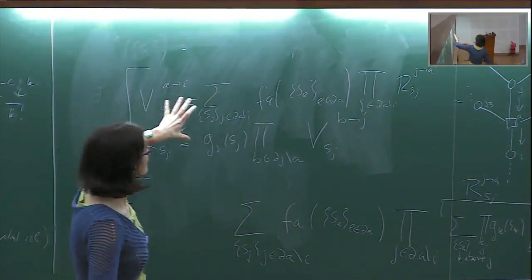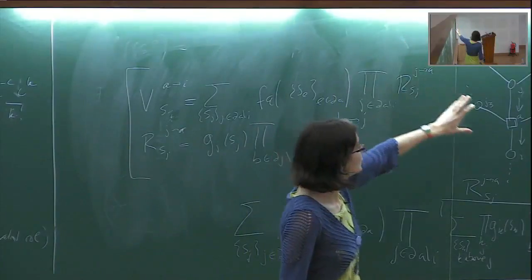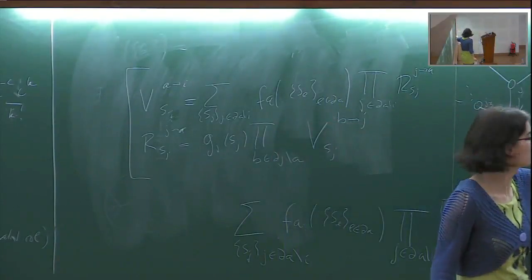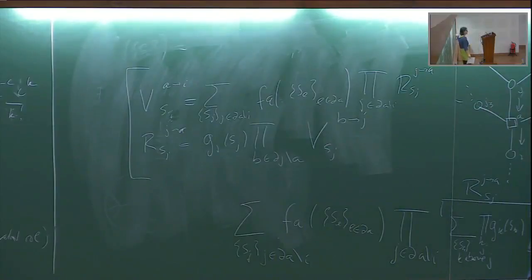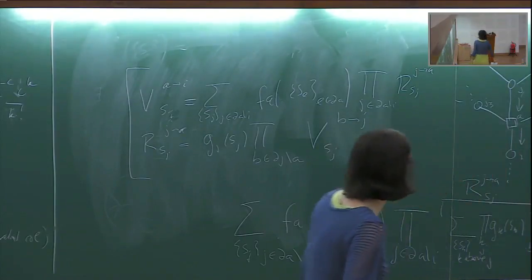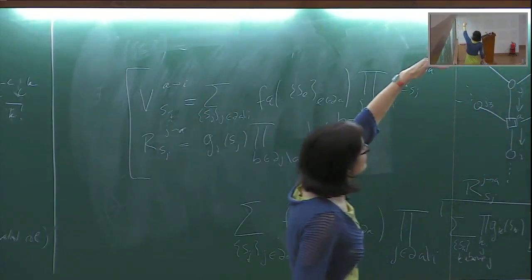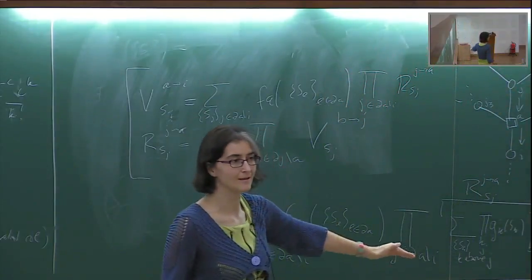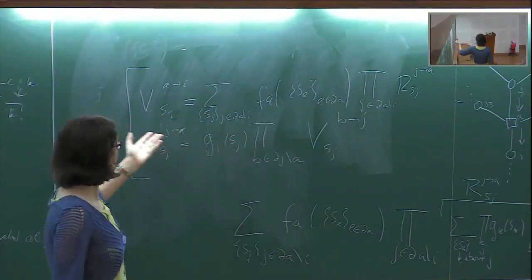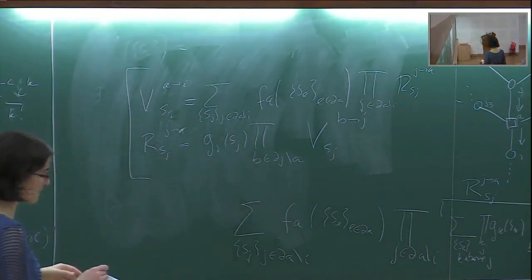See this, now, at the leaves, I can compute what V and R is from the definition because nothing is above, so I'm not summing over anything, so it's 1, right? Or maybe it's the G of K, if there is some magnetic field on the leaves. So maybe it's the G of the leaf, or 1 if there is no magnetic field. And R would be which one? One of them would be the field, the other one would be nothing. So on the leaves, I know what these things are from the definition. And then since it is a tree, I can just iteratively go down and compute all of them. And okay, it's nice.